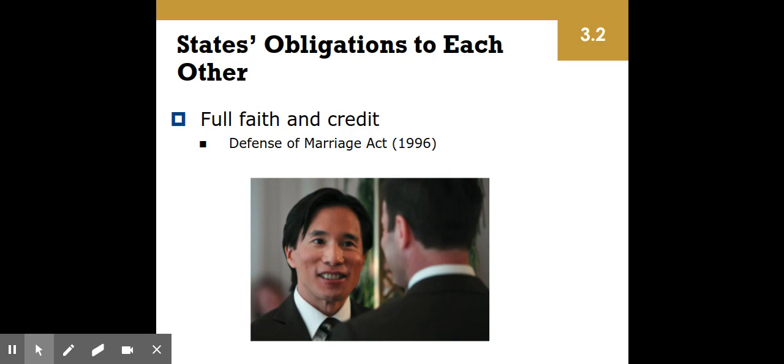And of course, this eventually became a moot point when it was viewed that marriage between same-sex couples was allowed as a matter of equal rights under the 14th Amendment.